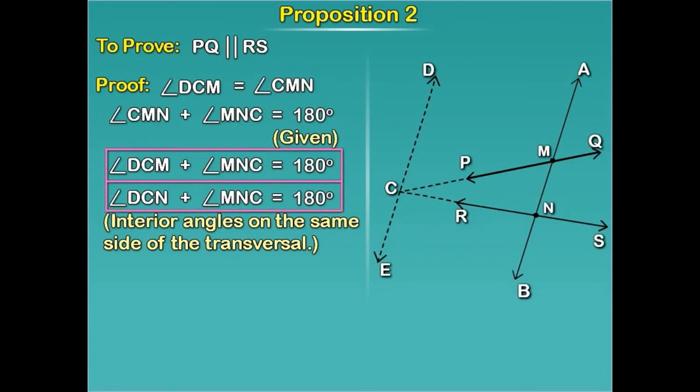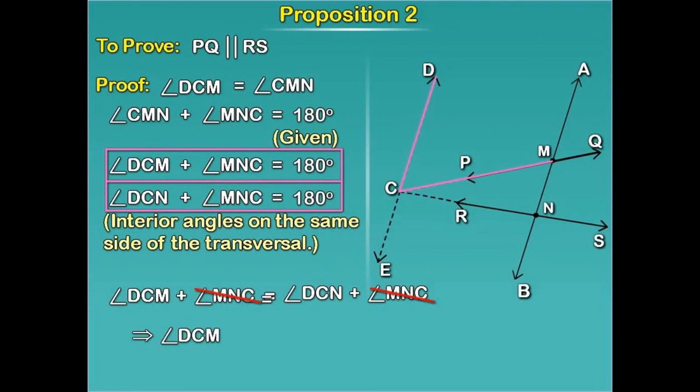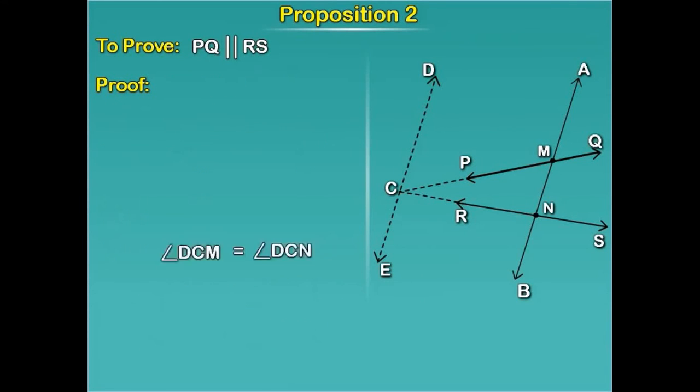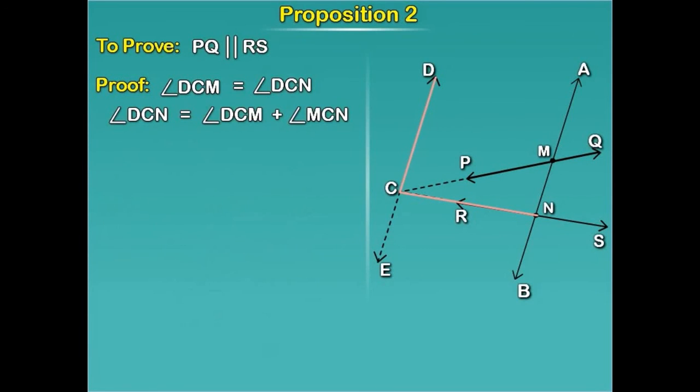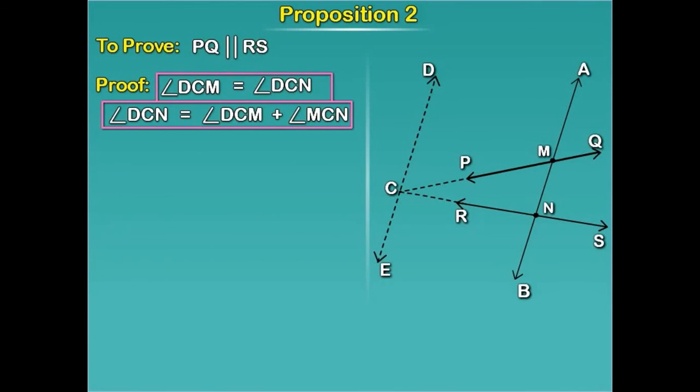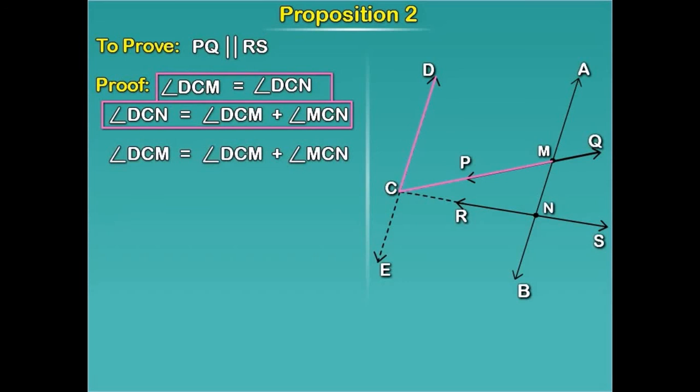From the two equations, you get angle DCM is equal to angle DCN. Angle DCN is equal to angle DCM plus angle MCN. Using these two equations, you get angle DCM is equal to angle DCM plus angle MCN,